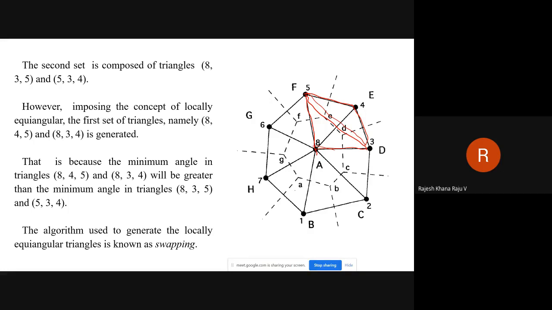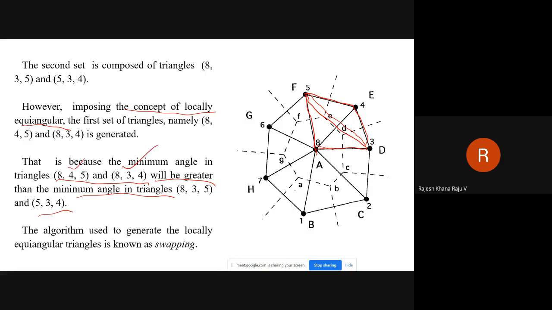Out of these two combinations, which has to be kept? Imposing the concept of locally equiangular, out of those 4 points we can have two different sets of triangles. Which one is kept depends upon which gives the higher value of the minimum internal angle. In this case, this particular combination gives a minimum angle greater than the minimum angle of the other combination, so this will be retained.